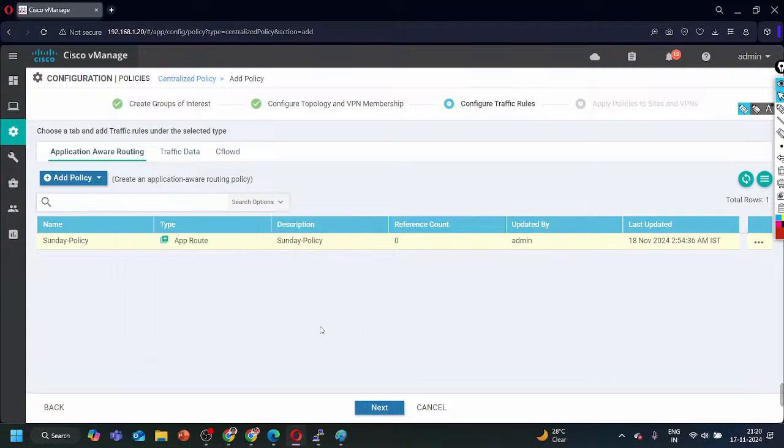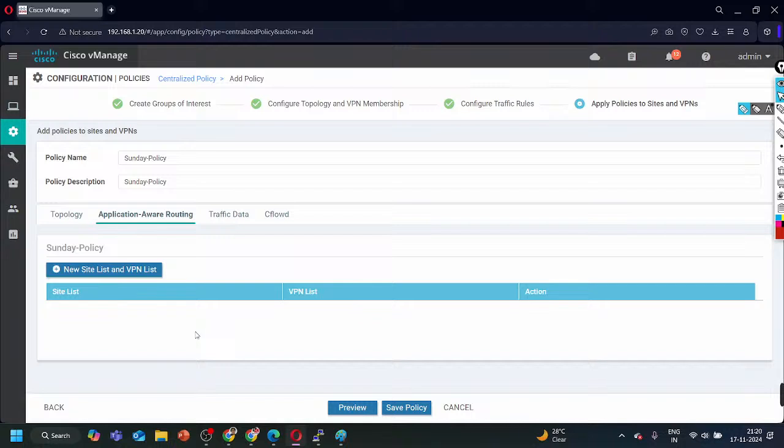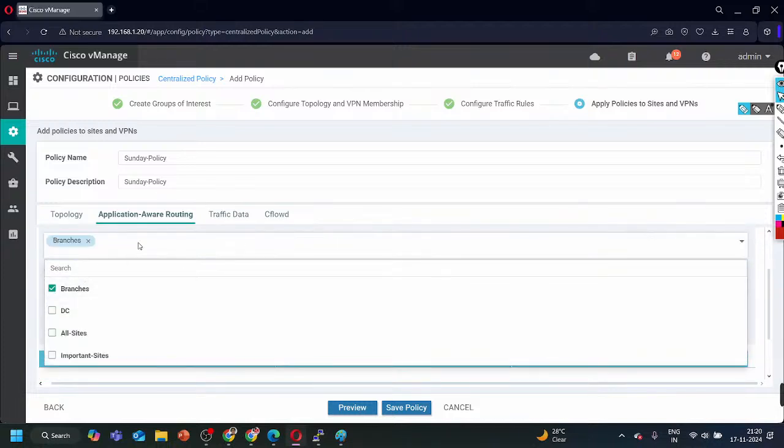In real time you will have lots of policies, let's say 100. So that's why the search option is there. So you can search your policy, right? The name of your policy will be matching the task, right? Then click next again, and here we have to set the VPN list and site list, for which site and which VPN you are going to configure it, right? So new site list and VPN list. For site I am saying branches,